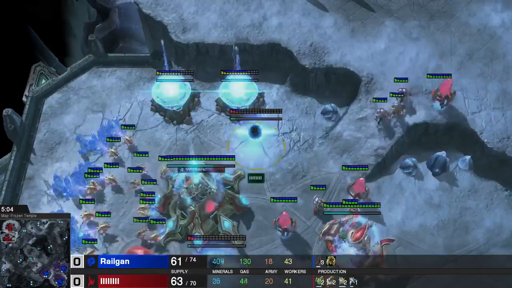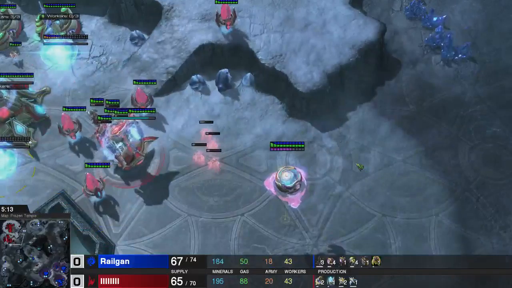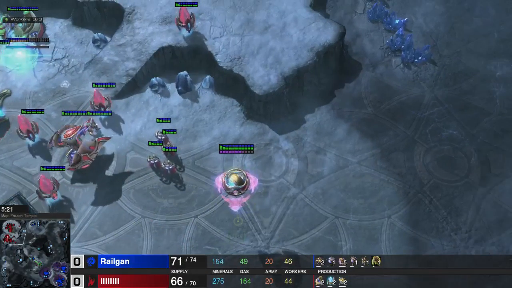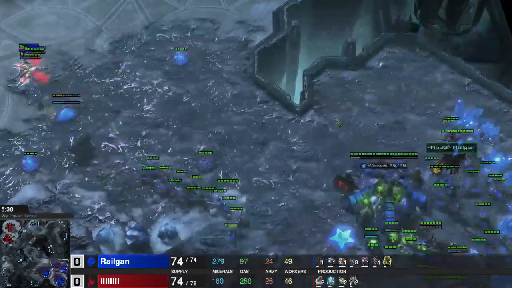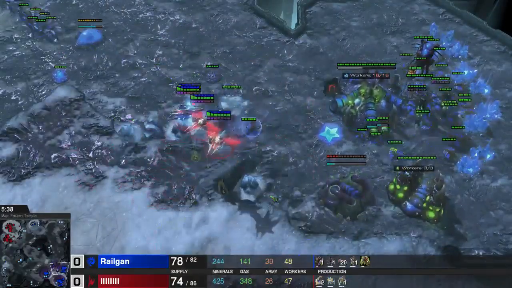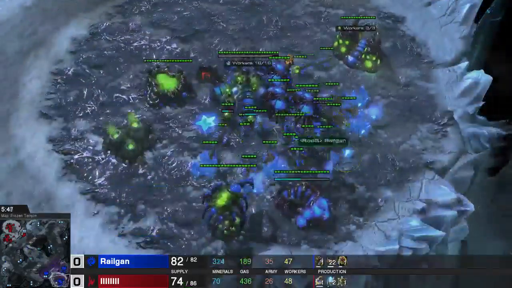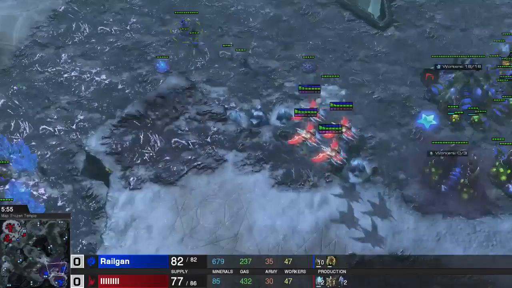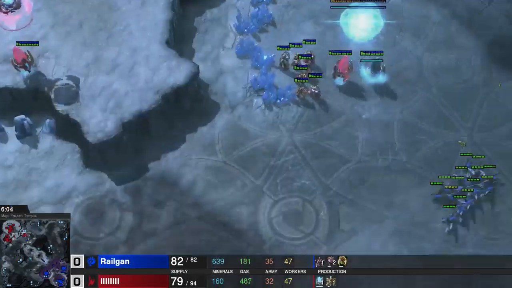He's going for 2 robotics after his Stargate. 2 robotics is pretty standard. It's a standard follow-up, nothing out of the ordinary. Robotics are really useful because they produce the Immortals, and the Immortals are the core unit that Protoss uses these days. At home I'm making a couple of extra queens, 2 queens, to deal with the Phoenix. I knew he didn't go for a second Stargate, so...